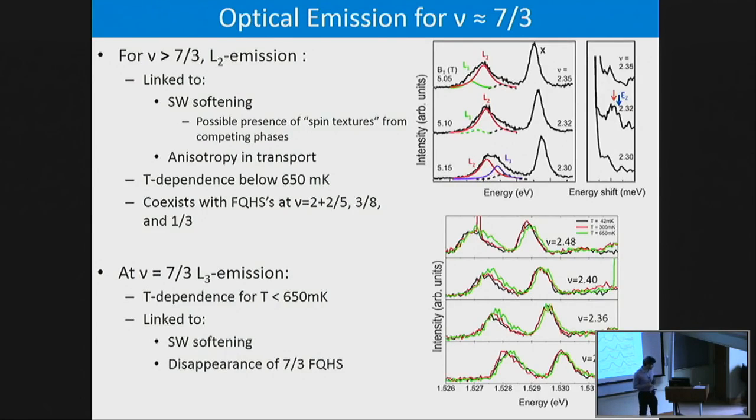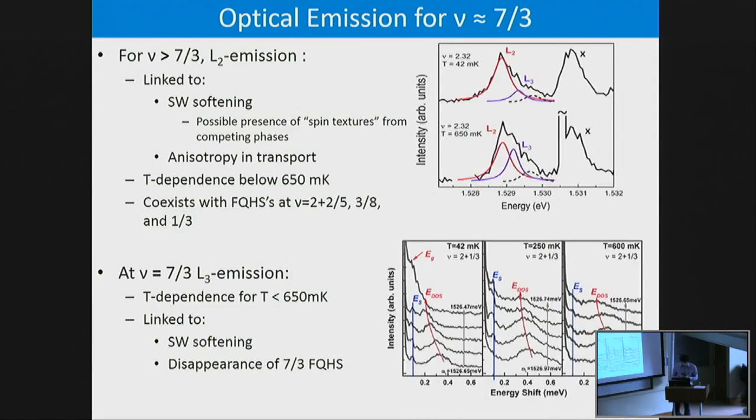It's worth noting also that it's prominent when these fractional quantum Hall phases are observed, and as temperature is increased, the L2 decreases and the L3 increases, that corresponds to the disappearance of the 2 + 1/3 fractional quantum Hall state, because this